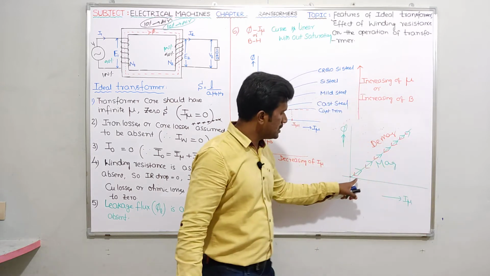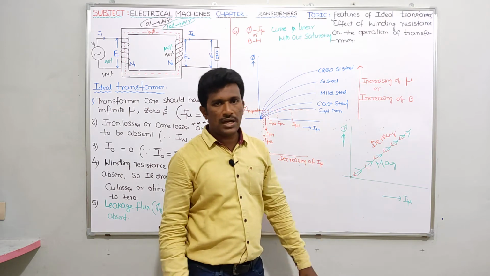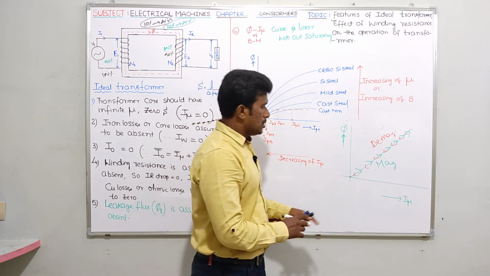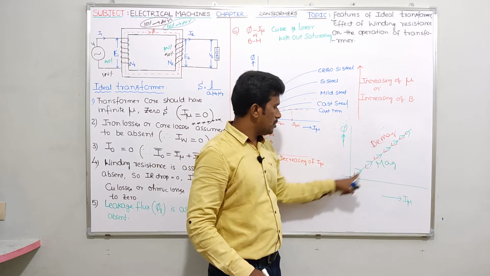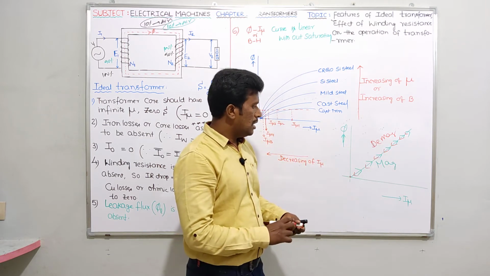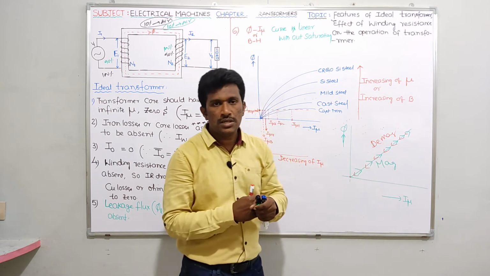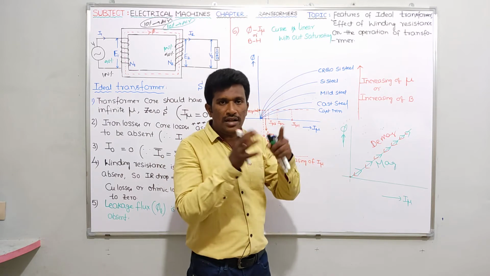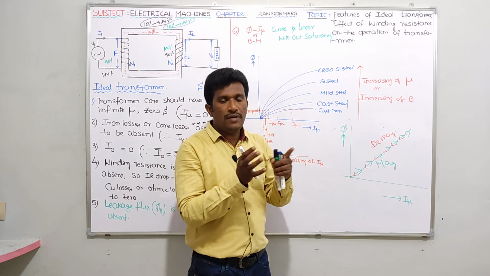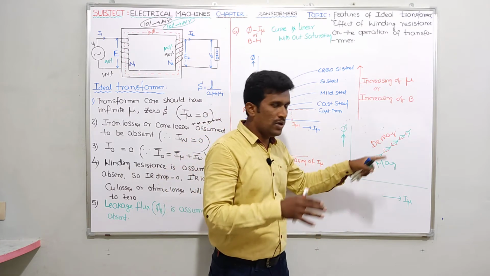See, this green color indicates the direction of magnetization. This red color indicates the direction of demagnetization. If you observe clearly, if you bring current I mu to 0, flux also comes to 0. That means the magnetization curve and demagnetization curve are coinciding, which means we don't have any non-linearity. That is the meaning. If you take an ideal material, it will have no non-linearity. Therefore, magnetization and demagnetization will be coinciding.